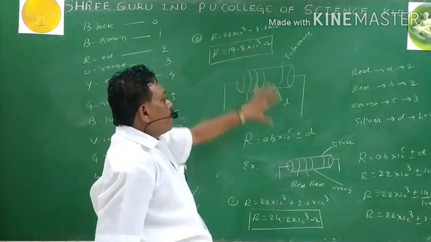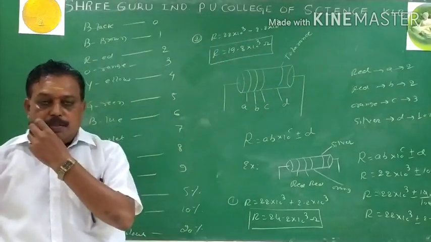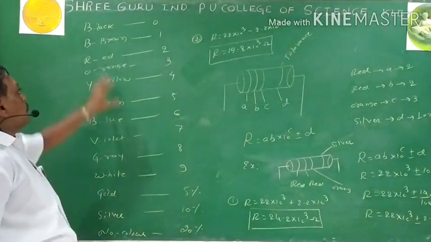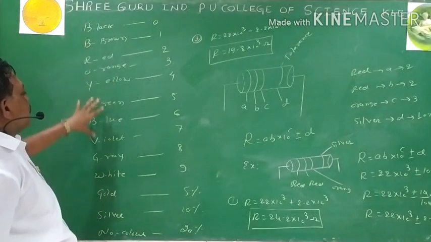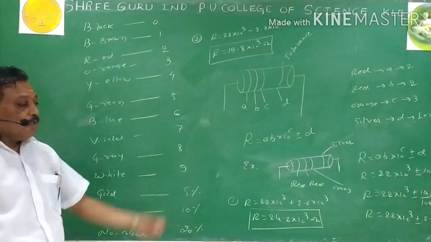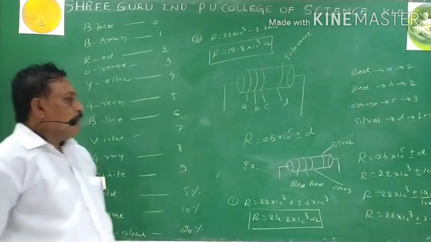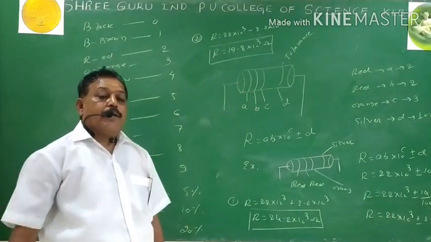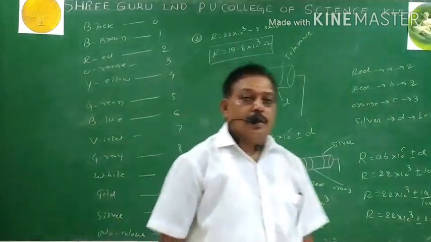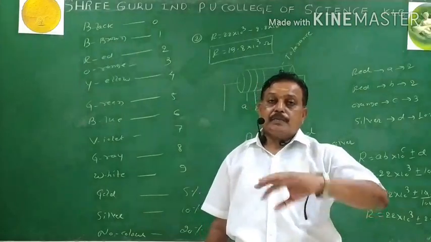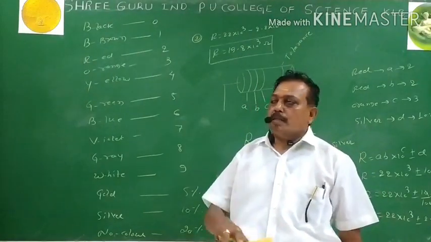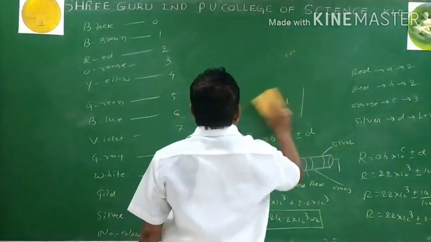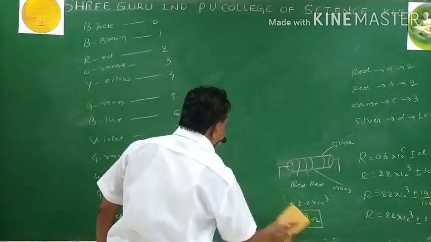Now this is about the carbon composition resistor and recognizing its value by knowing the value for the respective colors. Now this is the one method to calculate what? The value of the resistance. We go for the reverse. If I give the value for the resistor, what is the color sequence on it? That is nothing but the reverse. I go for that simple value. I give the value of the resistance.